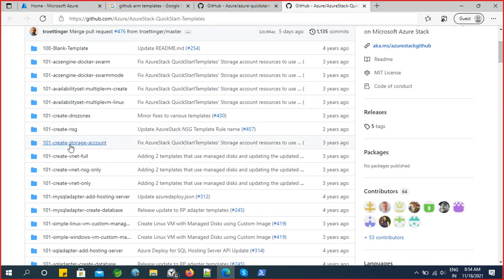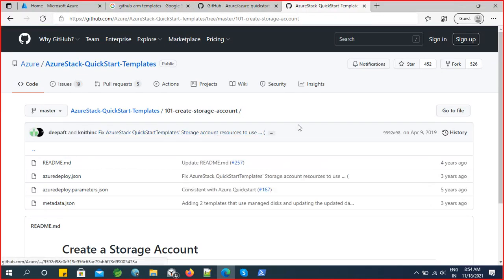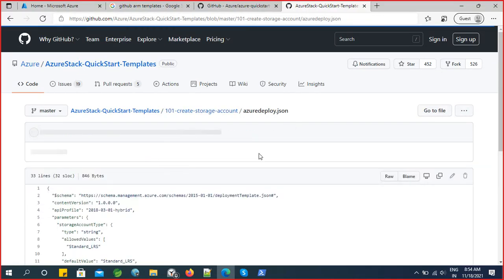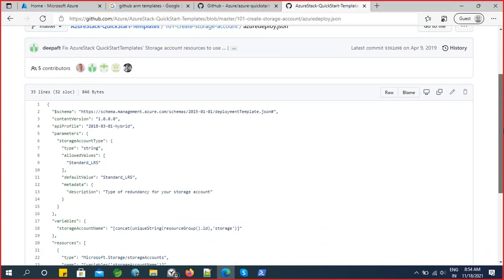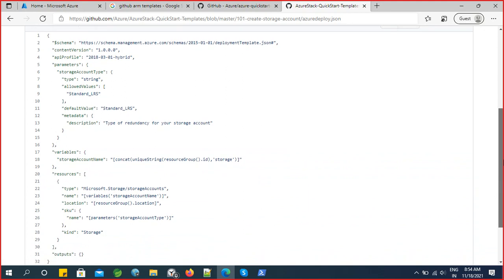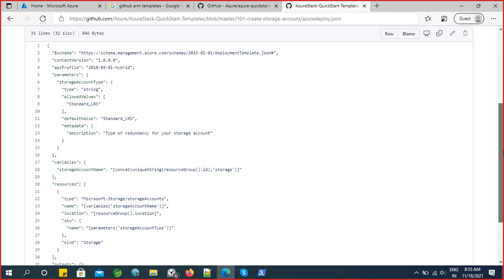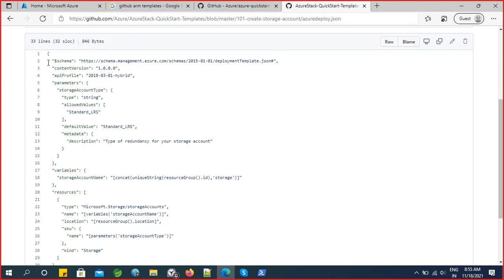So 101 create storage account, azuredeploy.json. The same thing you can copy